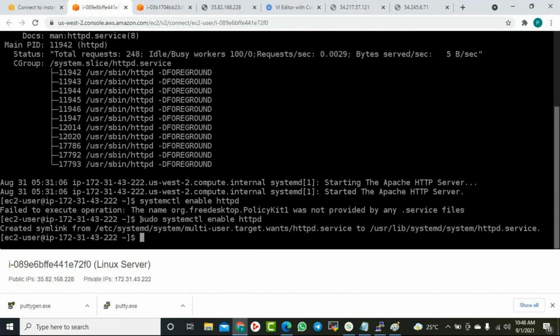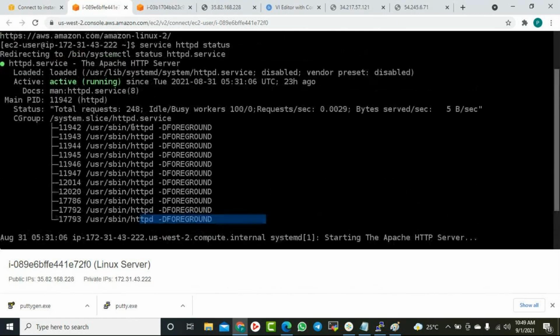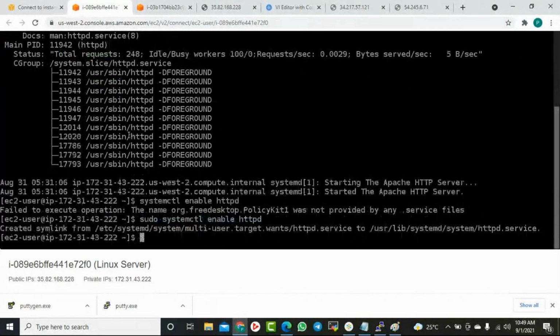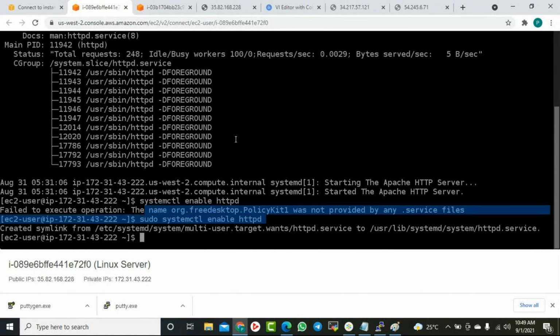Now this command is required just to ensure that every time my server reboots, this service will start. Otherwise, even if I reboot the server, the service will stay stopped. So to avoid this, we need to enable that service. Now this service got enabled. That means next time when your server gets rebooted or if you create a new server, this service will automatically start at the time of reboot.